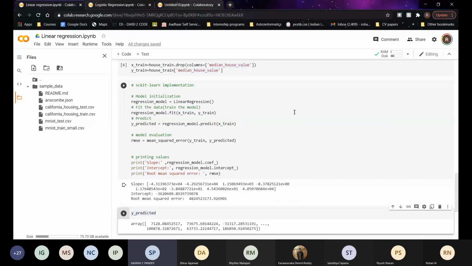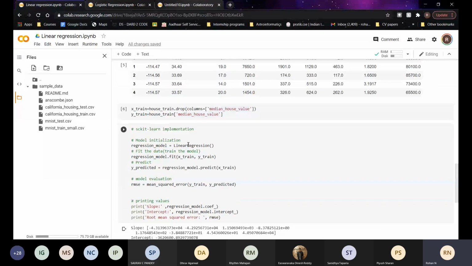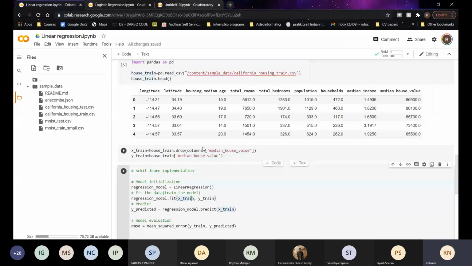Should they be NumPy arrays or any normal list? They can be NumPy arrays. For example, my X train here is a pandas data frame. It's not a NumPy array, so it can be many things. In this case, it is a pandas data frame. In our previous example, it was a NumPy array. So there are many options.